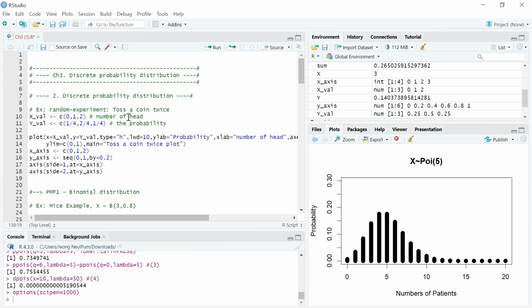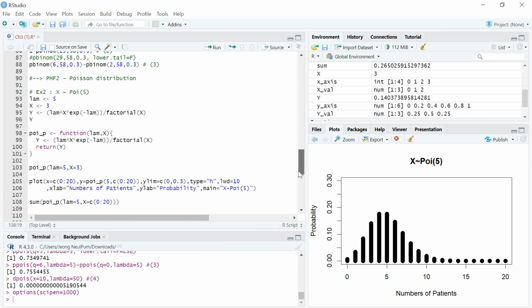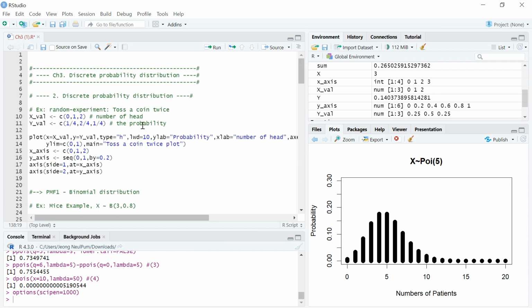I'll explain it once more in Korean. 네, 그래서